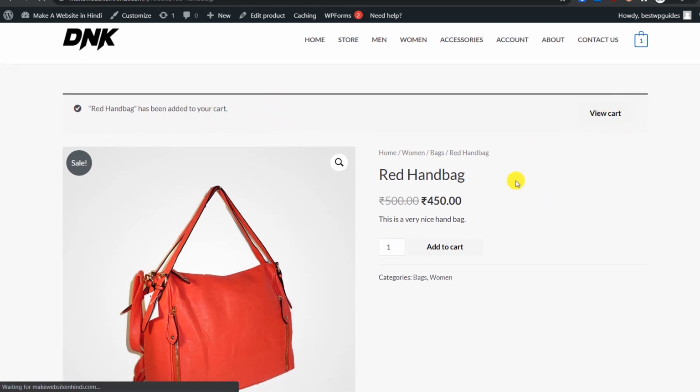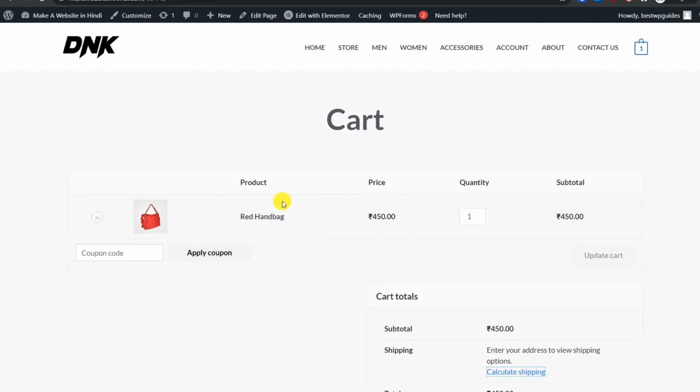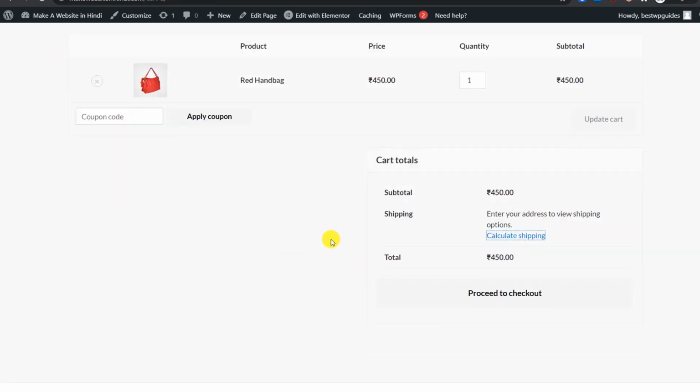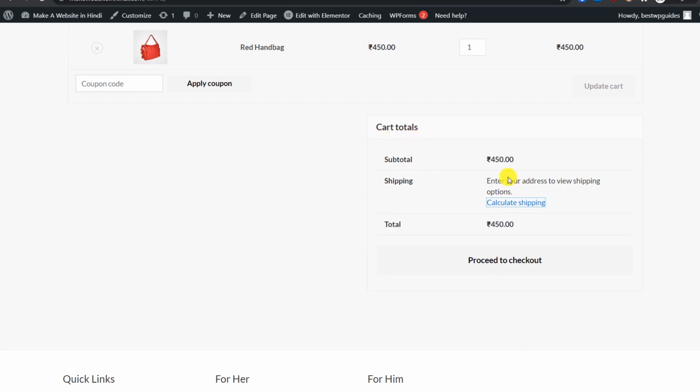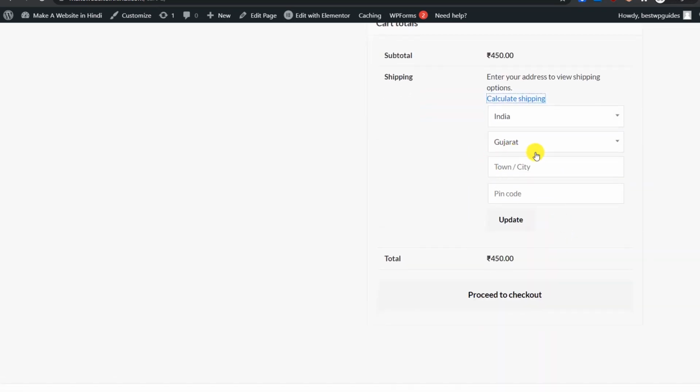Let's go to checkout. On this page, you can review the items you are buying. And then if you scroll down in the cart totals here, you can see the subtotal, and you can see there is no shipping price here. So for this, click on calculate shipping, and let's select our city location. Okay, so for this, you just need the city. So if you remember, I selected free shipping for my local city, and for everywhere else in India, flat rate shipping fees. So I will just update it here,